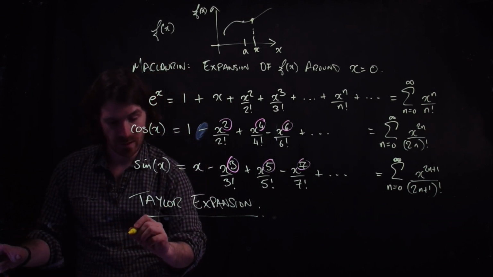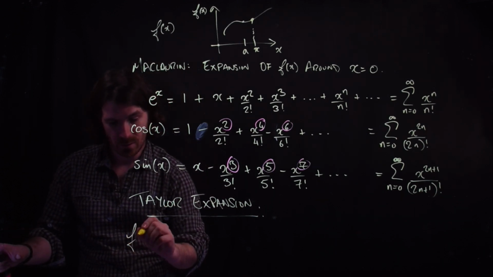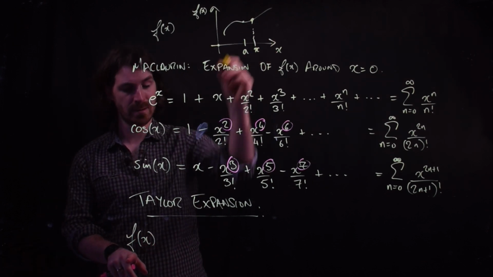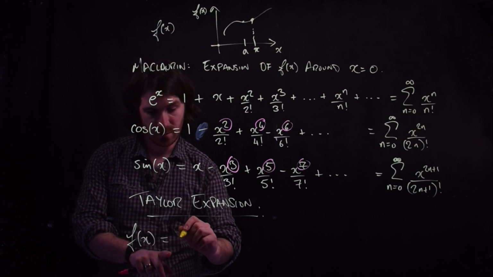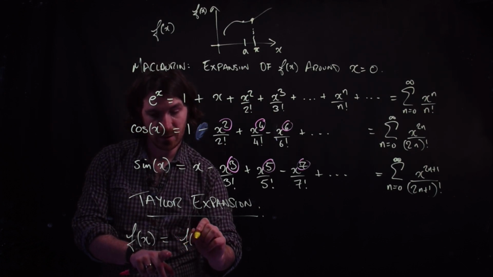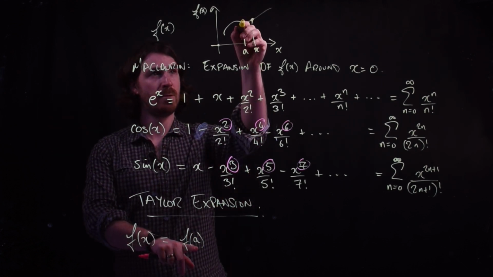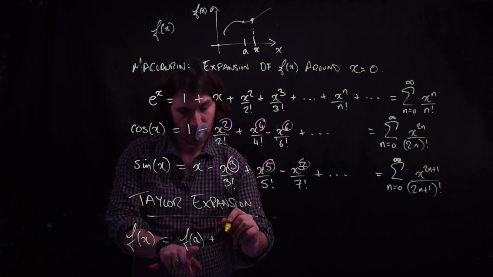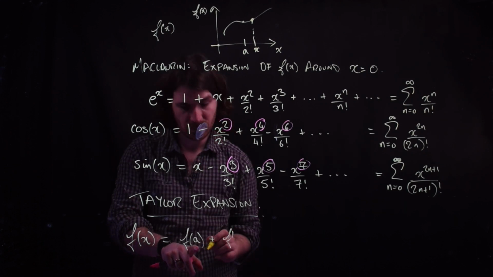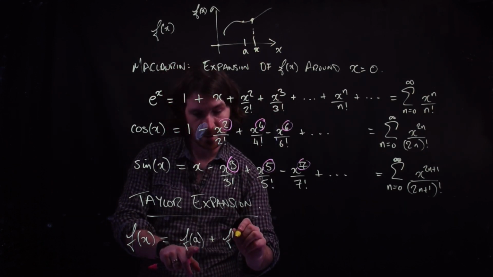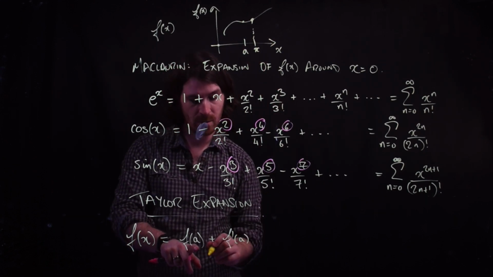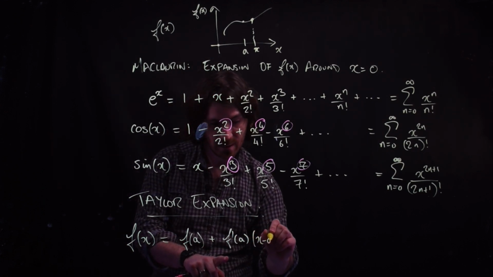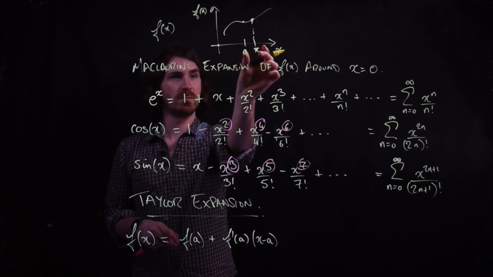So our Taylor expansion for our function was that f of x, the function at x, equals the function evaluated at a, that's this value, plus the derivative of the function evaluated at a, times x minus a, the distance that you've moved